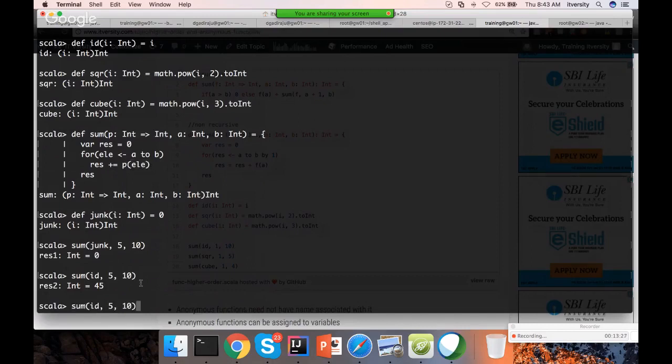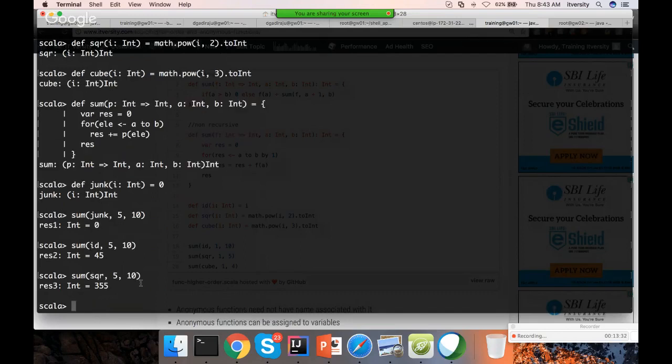If you want to get the sum of squares, you just give square, which will be this logic. So for each number, whenever it is invoked, it will get the square and you will get the result. So here we are invoking named functions, but we can use anonymous functions also. When you use anonymous functions,